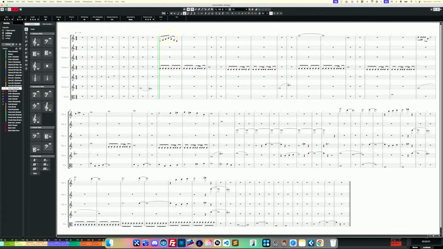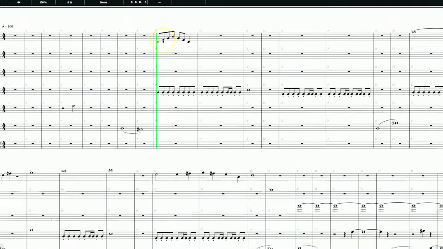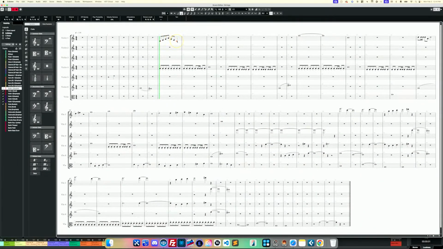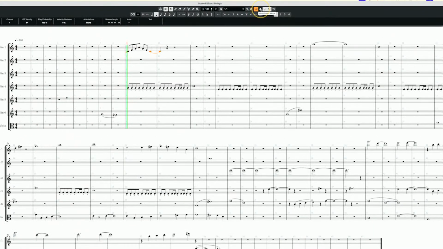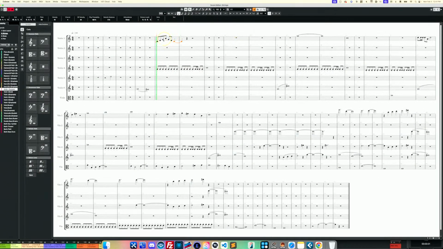So I can see now my notation that I have added manually. I was able to just play it in very similarly to note input in Dorico. I can of course go back and change these if I wanted to at some point, you know, make this a half note, then it'll change the note value. There is also, I believe, an insert mode. When you are in step input, you can enable move insert mode. And this is really nice because now if I were to play notes in here,